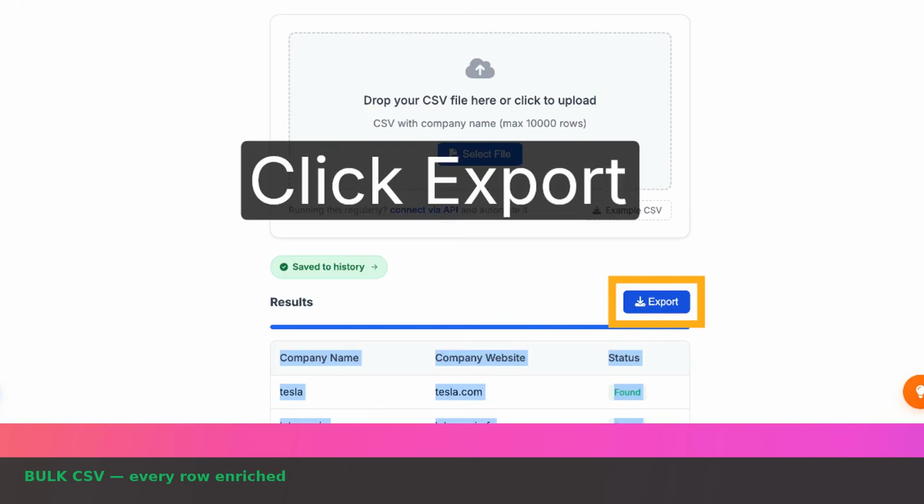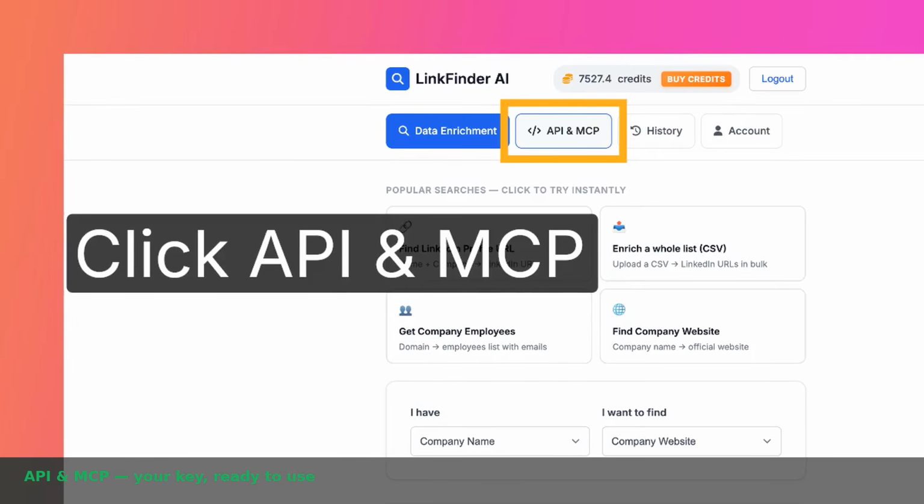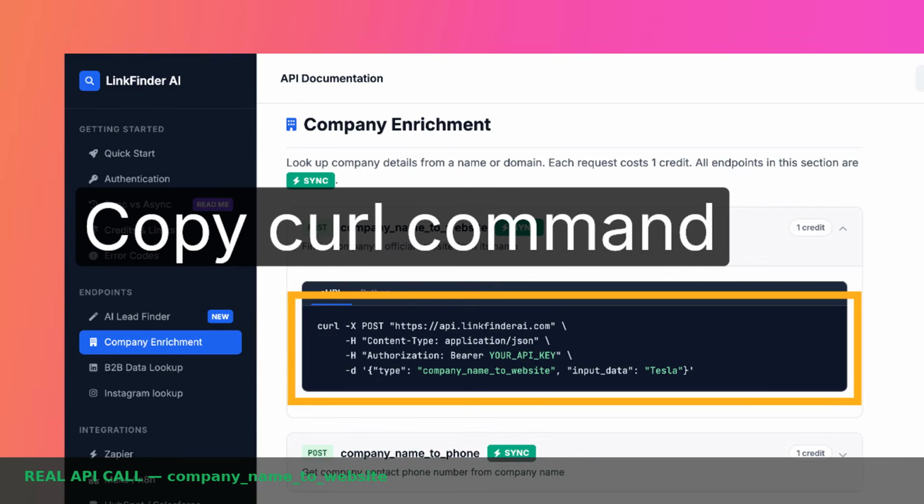And this is the part that actually saves time. If you've pulled a whole list of profiles from a search, drop it in as a CSV instead of doing them one by one. Every row gets enriched the same way, automatically, and you can see exactly which ones were found. Once you've got the contact info, you don't have to manually move it anywhere either. LinkFinder AI has an API and an MCP server, plus native connections to Zapier, Make, N8N, HubSpot, and Salesforce. So a LinkedIn search can turn into a fully enriched list sitting in your CRM without you touching a spreadsheet